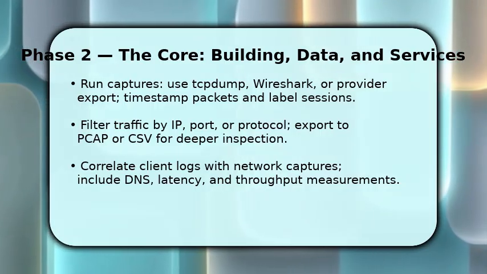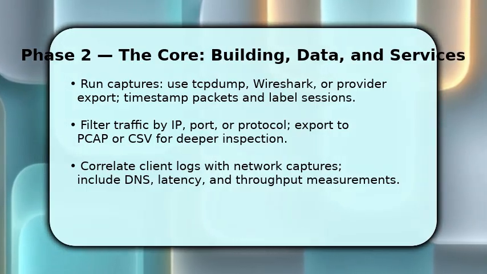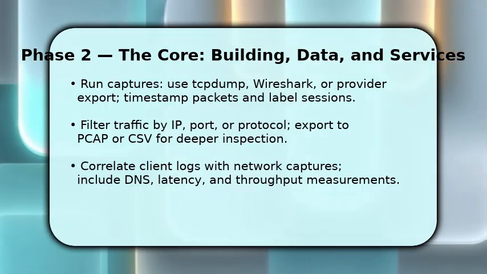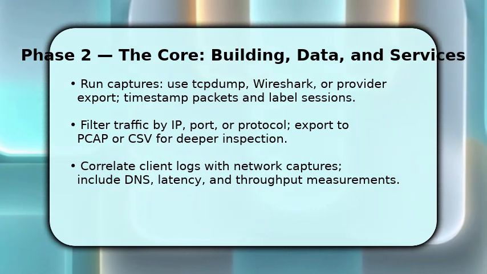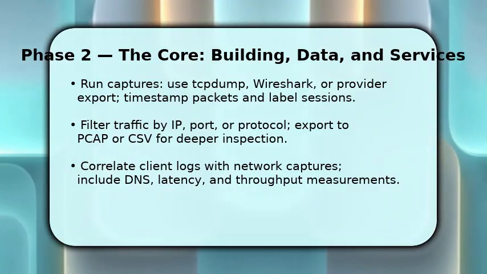reduce noise. After gathering, export PCAP or CSVs and extract DNS and TLS handshake records. This helps you identify endpoints and encryption methods. Make sure to align client-side logs with network captures, so you can map user actions to observed packets and performance